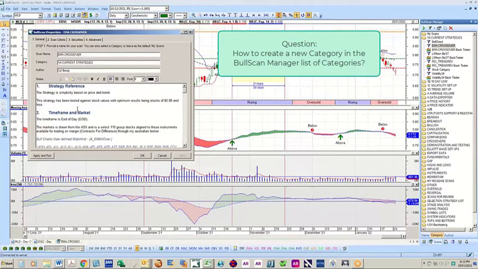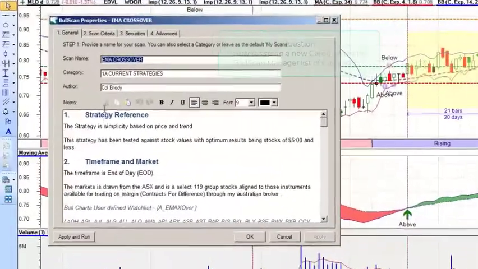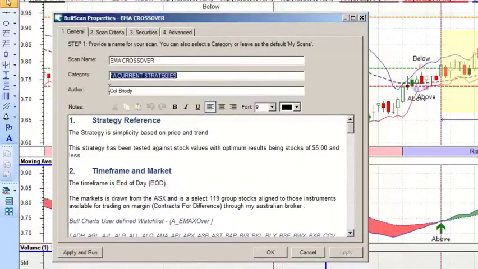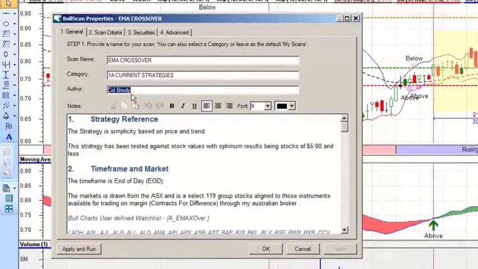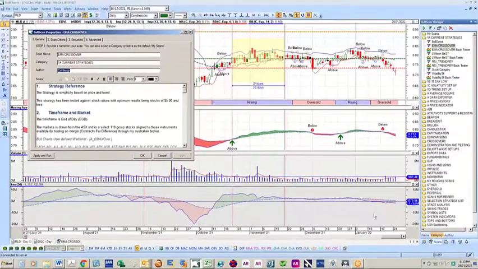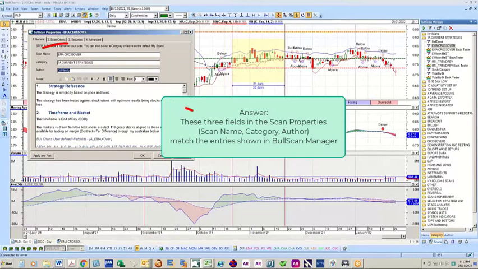So in general, this is where you actually name your scan, your category scan, and the author. The reason I'm doing that is because I want to search down here on the author. Yes, there is an author. Then I can find my scans or Jim Berg scans or Guppy or whoever it might be. But this is me going through and, as I said, decluttering, naming it so it means something to me.